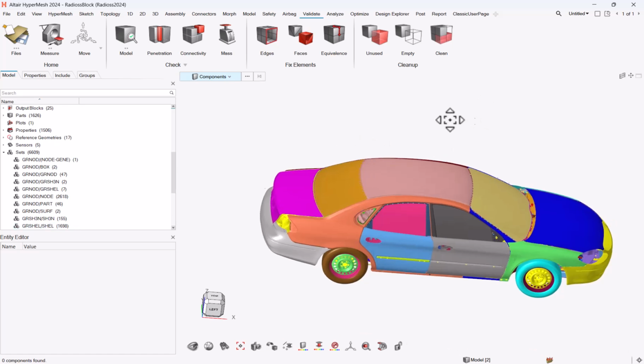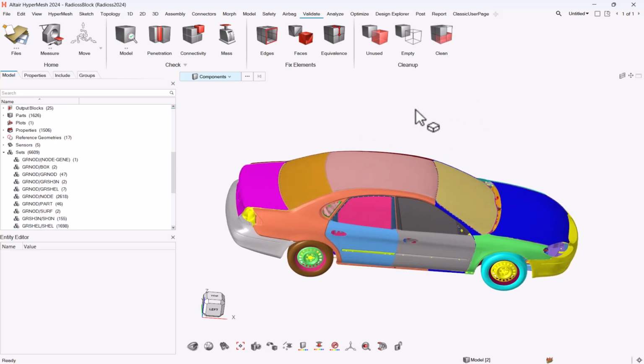One of the improvements we brought in 2024 is about the entity editor. In the previous versions up to 2023, when you wanted to edit a property or material, you could either do it from the browser and then go to the entity editor, or select it in the graphic area, right-click, edit, and then you had a pop-up. From 2024, we harmonized: everything goes to the entity editor, and the entity editor has been made as an independent